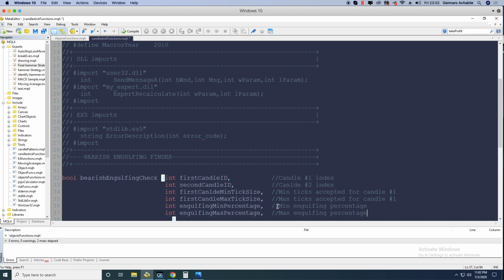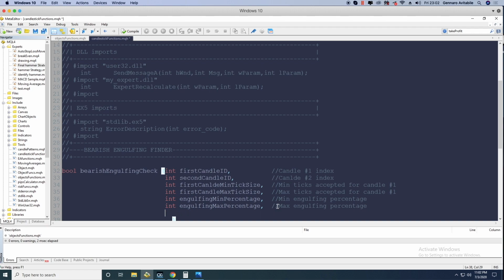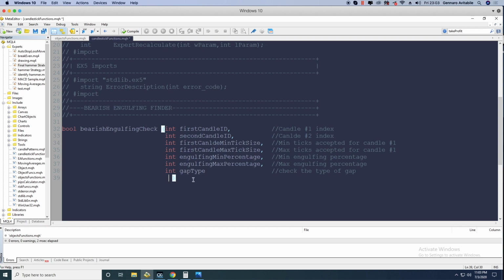We're also gonna have to pass the last parameter, which is gonna be another integer. Now this integer is gonna be the gap type. We already talked about the gap type. It can be negative, it can be equal, so no gap, or a positive gap. We're gonna call this gap type, and here we're just gonna write check. Well, it checks the type of gap. All right. Now we have all the parameters set in place,